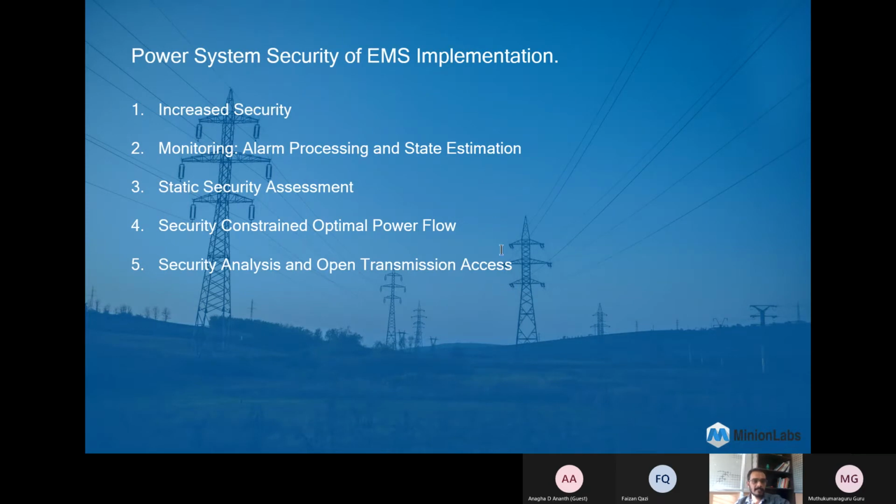So second, monitoring, that is the alarming process and state estimation. Monitoring in the power system takes place in two ways. The basic process of taking measurements in substations, transmitting the values to the central computer and comparing those values to stored limits is known as the alarming process. It basically gathers all the measurements and information from the substations, and then transmits them to a central computer where they are compared to previously loaded or stored data to give the alarming process.